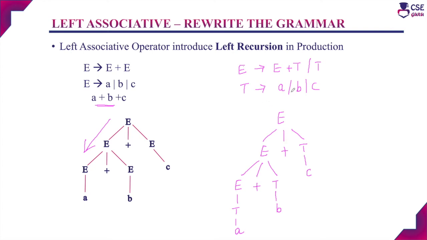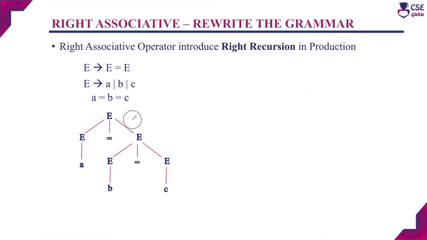And however many additions we implement, it will create a recursion on the left-hand side. That is, the lower level will be evaluated first. Lower level in the sense that the first operator present in the expression will be evaluated first. So in an expression, if there is a left associative operator, we can implement the left recursion in the production to eliminate the ambiguity. Similarly, for the right associative operator, we can introduce the right recursion in the production to eliminate the ambiguity. So this is the given grammar, but this grammar is an ambiguous grammar.